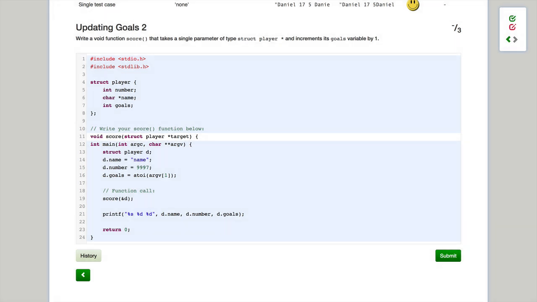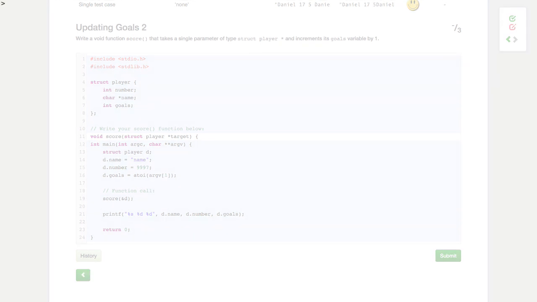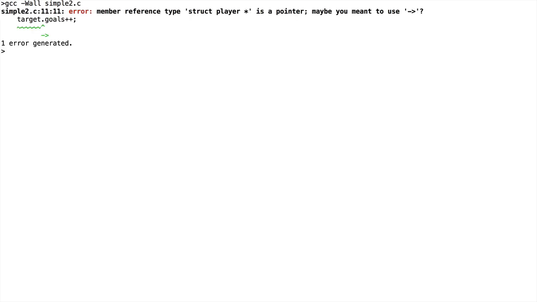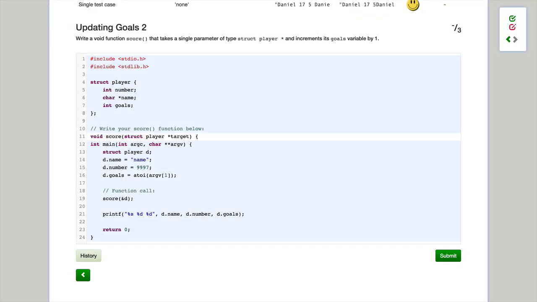We have to increment the goals for this player, but in this program, we can't simply do target.goals in order to access a goals member, since target itself isn't a struct player, it's a pointer to one. In fact, if we were to try and compile this, gcc -Wall would throw an error to point this out. To proceed, we will need to dereference the pointer and then access the goals variable. We can do this like so,